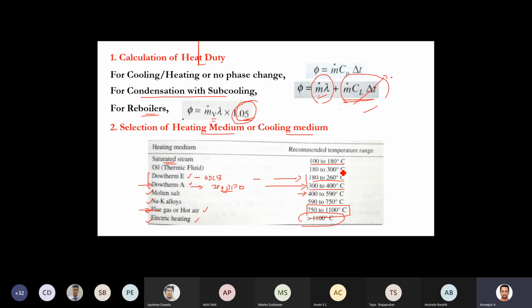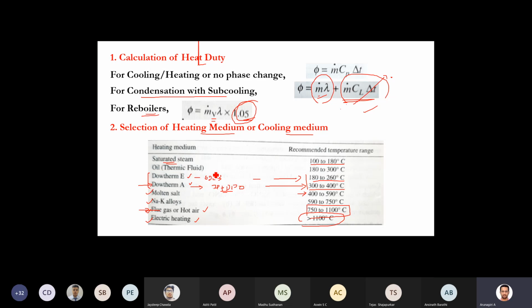That is pinch technology. Okay, so if you increase the possible heat transfer from the process streams, what happened? Your utility requirements will come down. Even though your utility requirements will come down, we have to decide at what temperature this utility has to be introduced. That matters. Okay, so for above 180 degrees centigrade, we will not go for steam as the heating medium